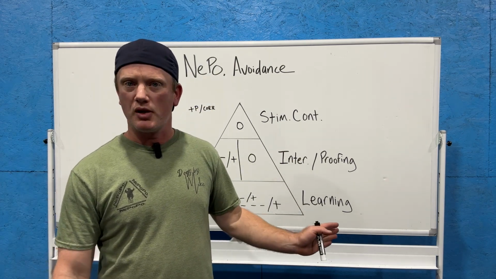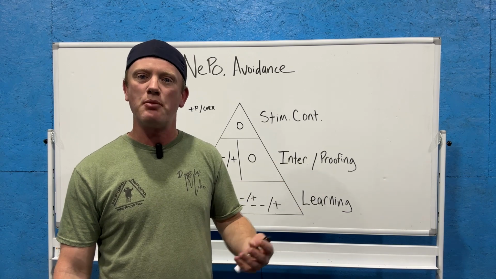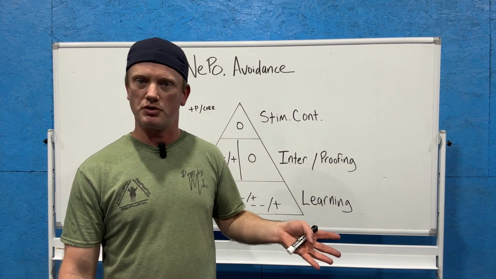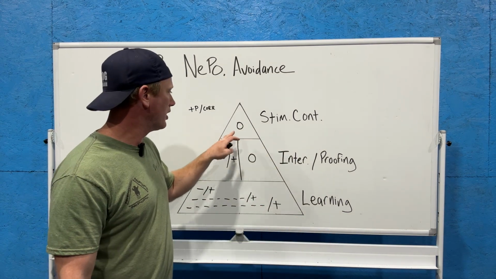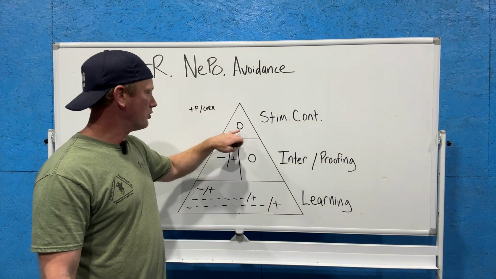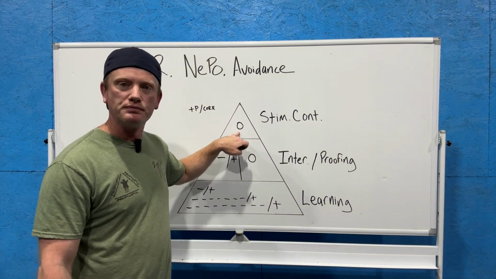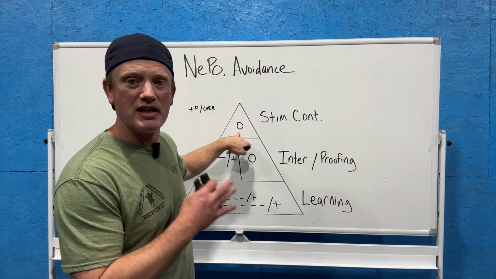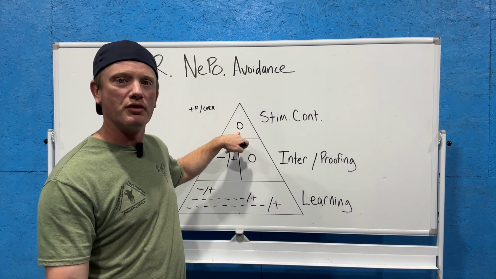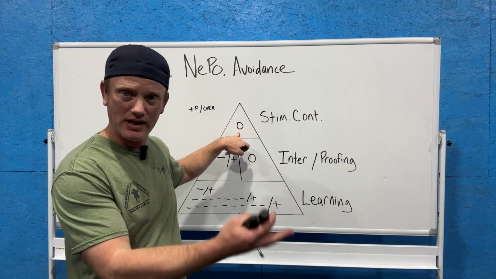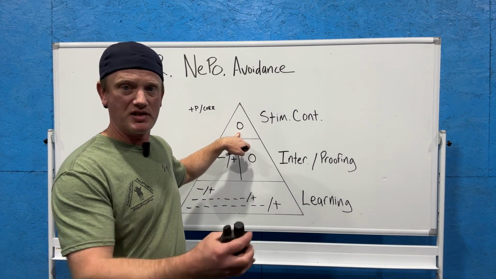So, once we reach reliability, we move to the top level of the pyramid, which we call stimulus control, where we use zero reinforcement, right? So here we're at stimulus control, and there's zero reinforcement. And so I say and the dog does. So in this sense, the top level of the positive reinforcement pyramid and negative reinforcement pyramids, they're the same, zero